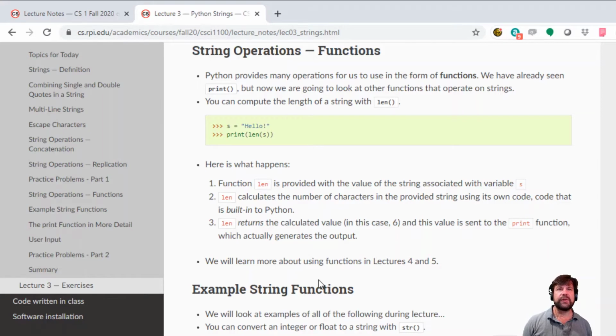And the one we've been working with the most so far has been print, but we're not going to get to that quite yet. First, we want to look at something called length. So if we type in something like s equals hello,